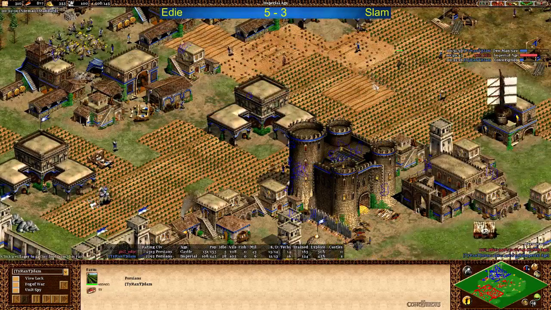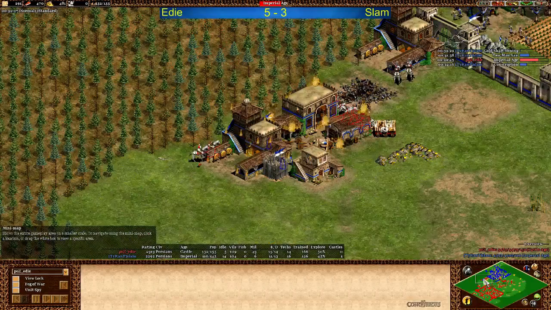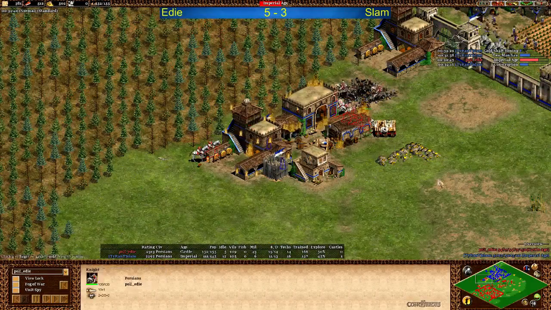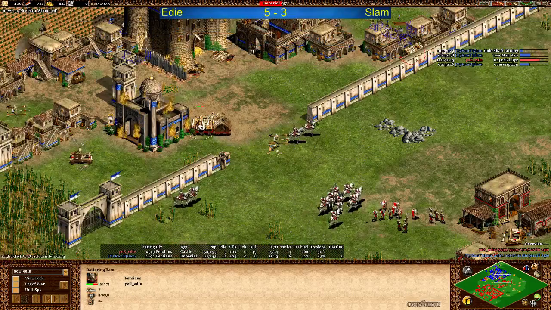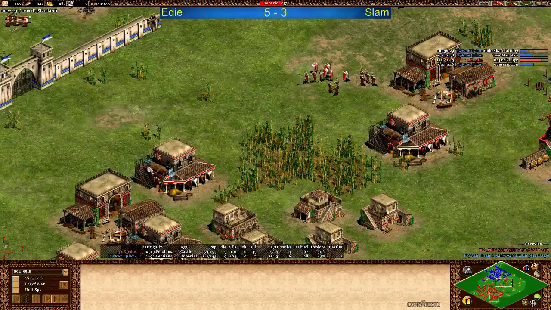I think pikemen should have been considered. Halberdiers, it's just a standard unit choice here in Persian wars. You need some trash, and why not get it early on when you are defending. Now Eddie may be able to go for Cavalier if he's getting more and more knights out, and looks like